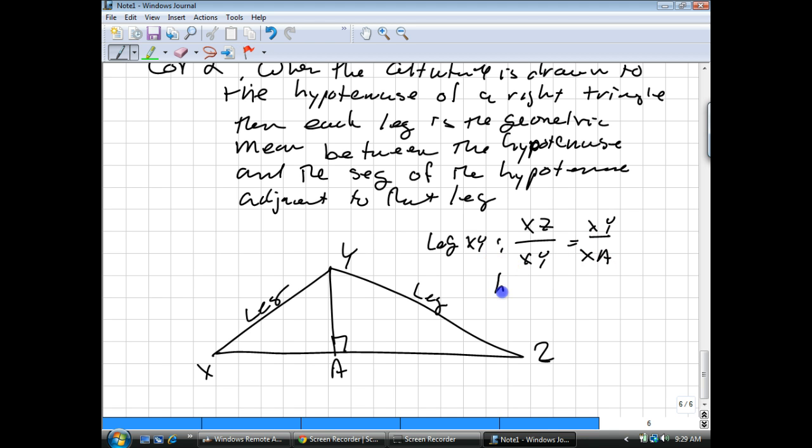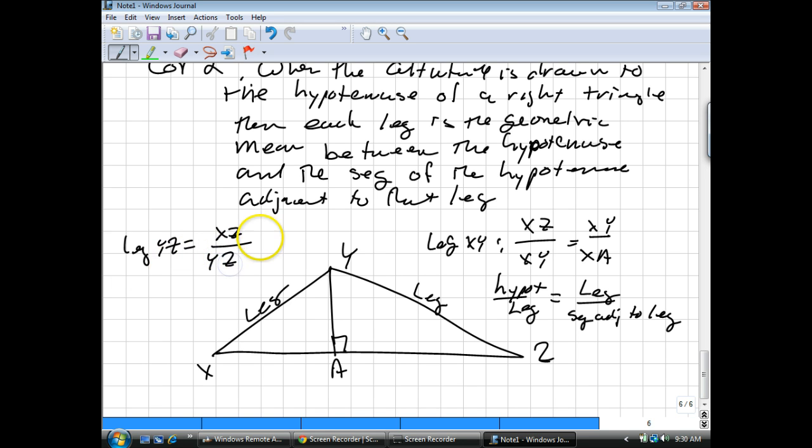Okay, so it's hypotenuse to the leg that we're looking at as the leg that we're looking at is to the segment adjacent to leg. Okay, so if we're looking at leg YZ, it would be XZ is to YZ as YZ is to AZ. Okay,